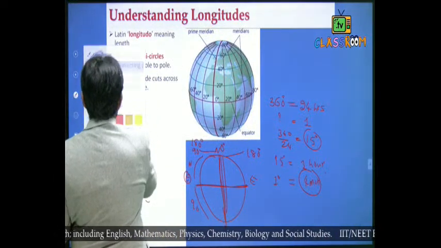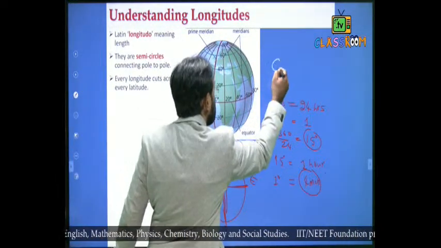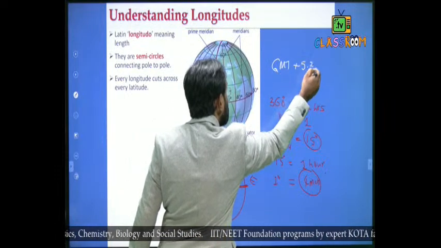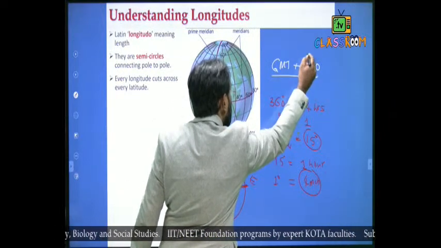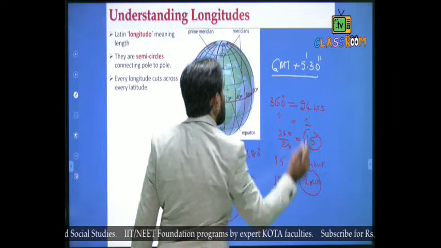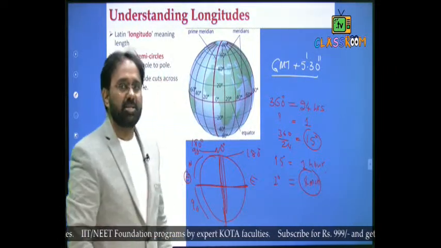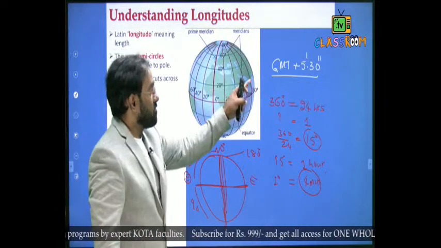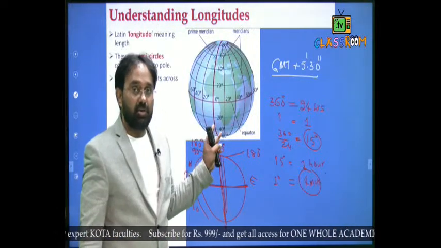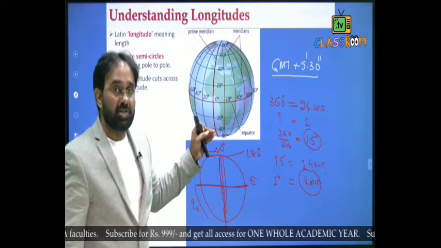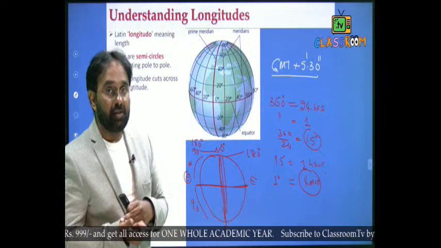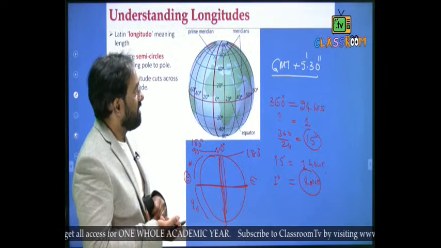Okay, our time is represented like this. That is Greenwich Mean Time plus 5:30. That is 5 hours 30 minutes. What is this? Do you know this? Greenwich Mean Time and 5:30. So Greenwich Mean Time is 0. From 0 degree, how much are we ahead? 5 hours and 30 minutes we are ahead. Okay, but we have to understand